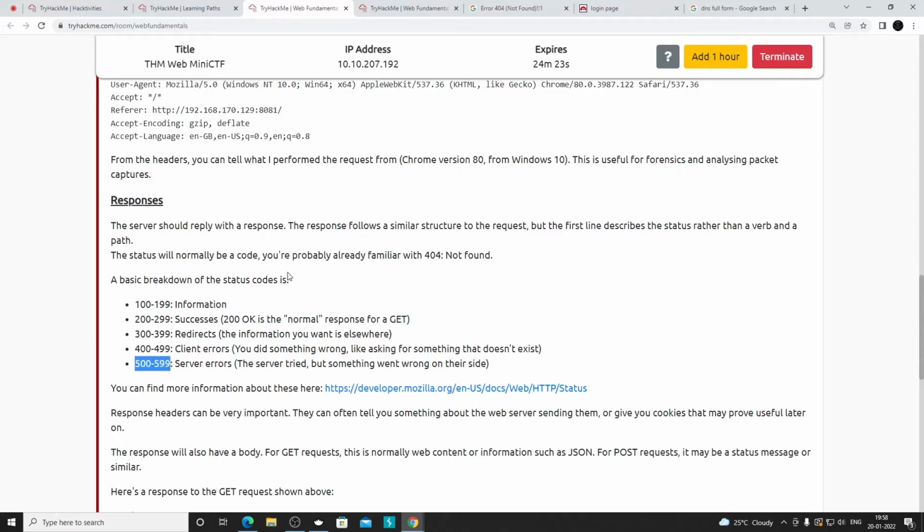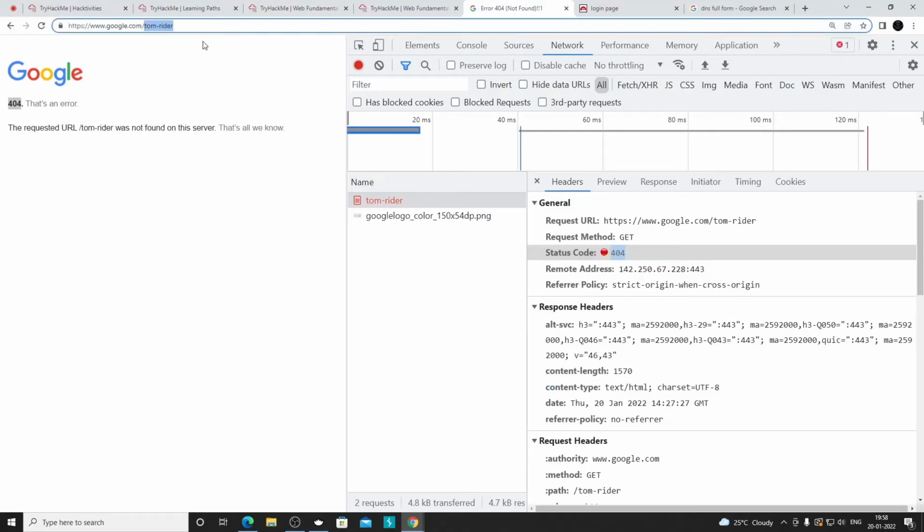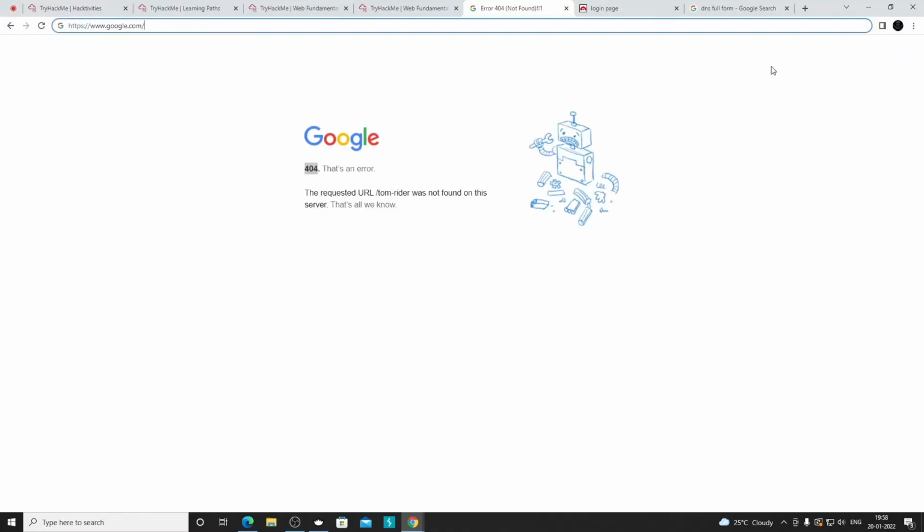For 500 to 599, when you send the request to the server, it reaches the server, and even though the request is valid, the server is not able to process it. For example, mostly it happens when the results come out for IIT or AIEEE or any other famous exam. On those websites, so many people, millions of people, are trying to fetch the results in parallel.